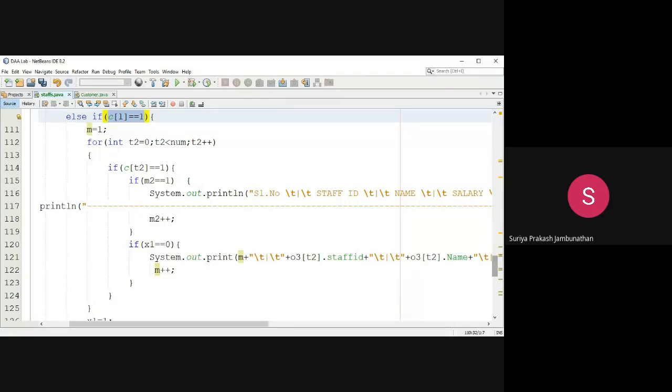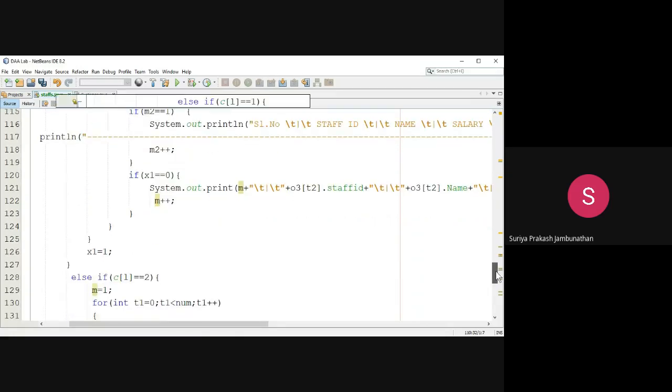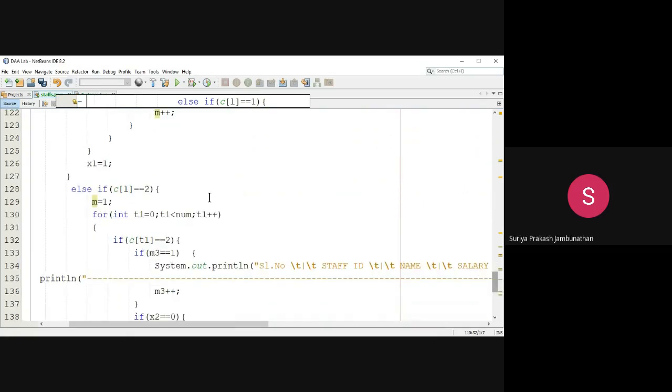Now the C value of the particular position is incremented, and the incremented value is 2, so we check C of 2. When checking C of 2, it comes true in the else if statement here. So the value at the second position in the C array will be 2 in this condition.